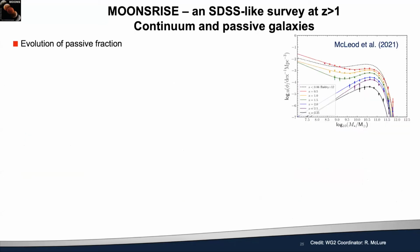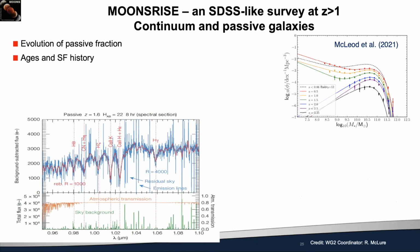Another key component is not only to look at the emission lines, but also at the continuum, both for star-forming and passive galaxies, well past the M star of the mass function at this redshift. Also, not only to look at the evolution of the passive fraction, the fraction of passive galaxies as a function of redshift done in spectroscopy, but looking at the spectra for the bright sample, looking at individual objects, but also in stacked spectra, looking at ages and star formation history,